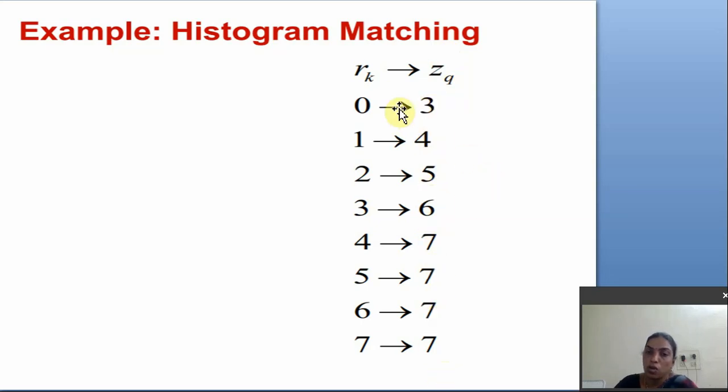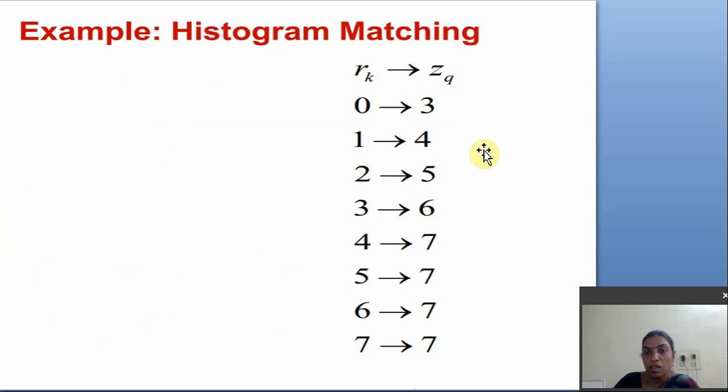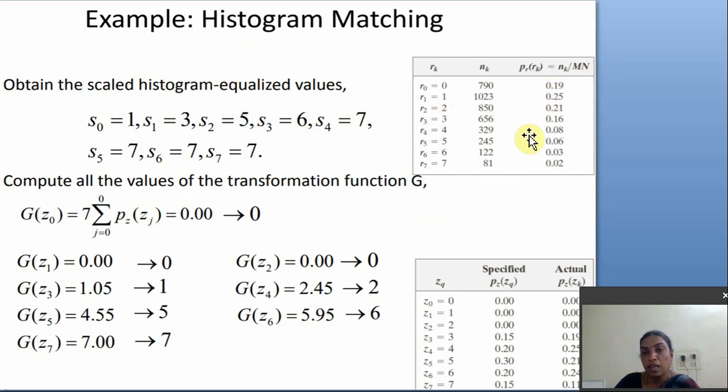So now for 0, how many pixels are there? Those are applicable to the 3 intensity. Am I correct? So for 0, how many pixel intensities are there? 790 or 0.19. That means in the input image 0.19, or 790 pixels, are there with the 0 intensity. But now that one is coming to the 3. That means here 0.19